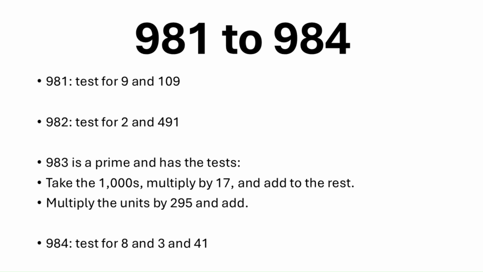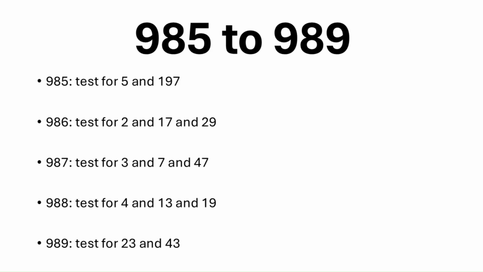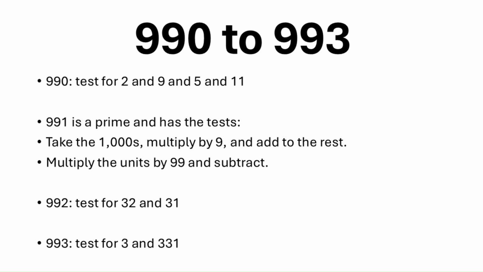Take the 1000s, multiply by 17, and add to the rest. Multiply the units by 295 and add. 984, test for 8 and 3 and 41. 985, test for 5 and 197. 986, test for 2 and 17 and 29. 987, test for 3 and 7 and 47. 988, test for 4 and 13 and 19. 989, test for 23 and 43. 990, test for 2 and 9 and 5 and 11. 991 is a prime and has the